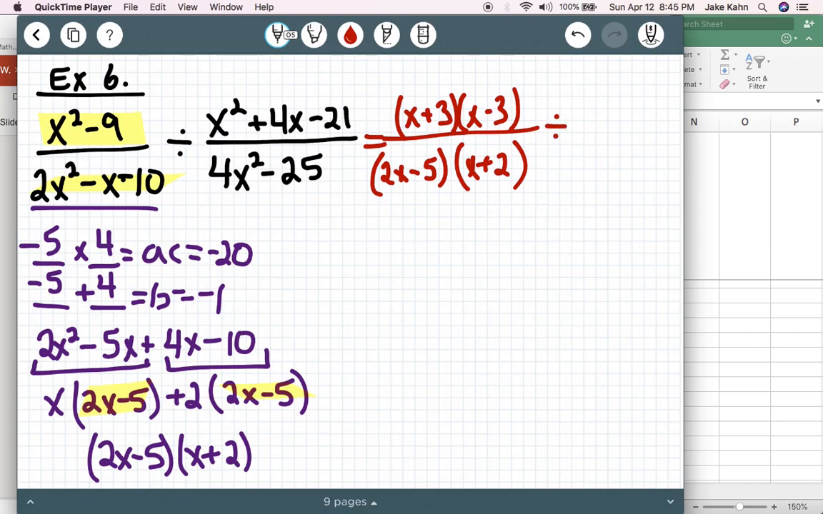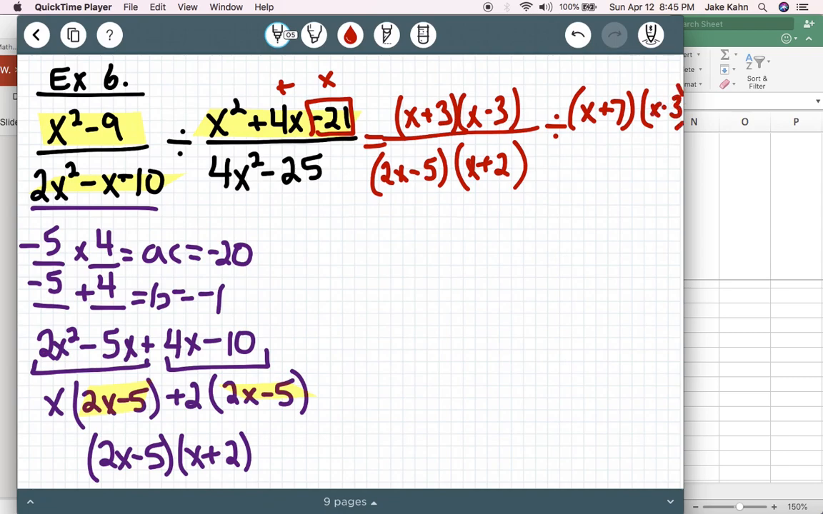Divided by. All right, so second fraction. Thankfully, this quadratic has an a value of 1. So we just ask ourselves what two numbers multiply to get negative 21 and add to get positive 4. Think about it a little bit. 7 and 3, right? So we have a positive 7 and a negative 3. X plus 7 times x minus 3,